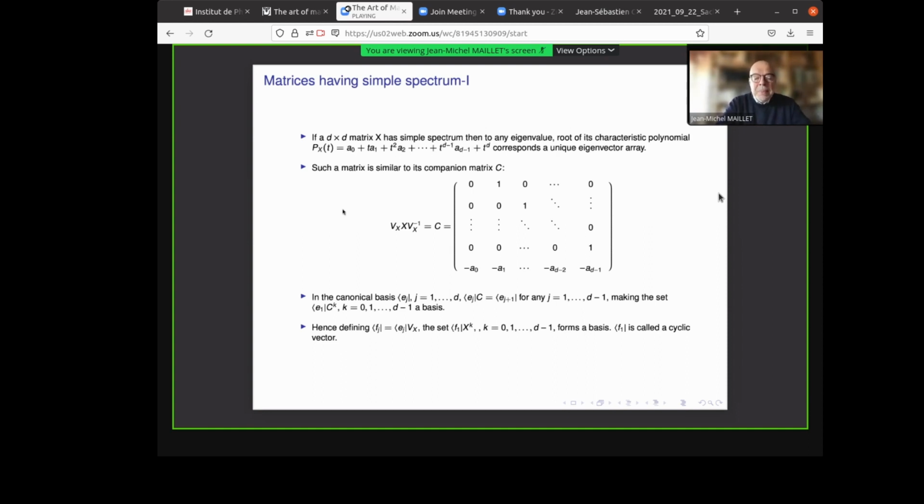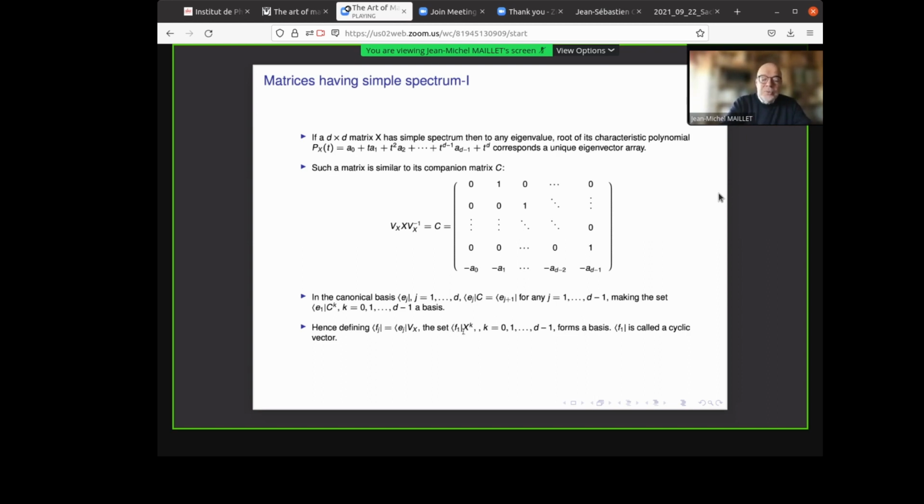which are just the coefficients of the characteristic polynomial. And then immediately what you can show is that the canonical basis, left basis for such a matrix, is just given by taking the first vector E1, applying C to the K for K equals 0, 1, up to D minus 1, and this generates just the canonical basis. So you generate the basis by just applying powers of the companion matrix on one vector. So if you go back to the original basis for the X matrix, so you take EJ times Vx,